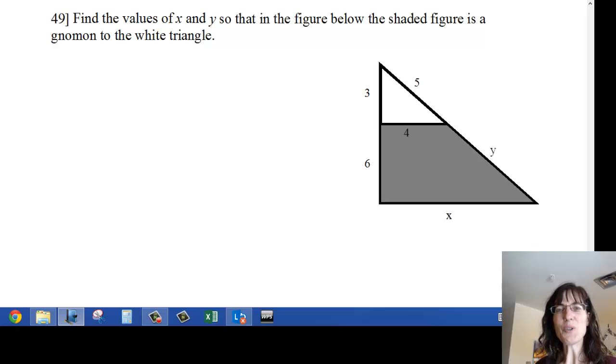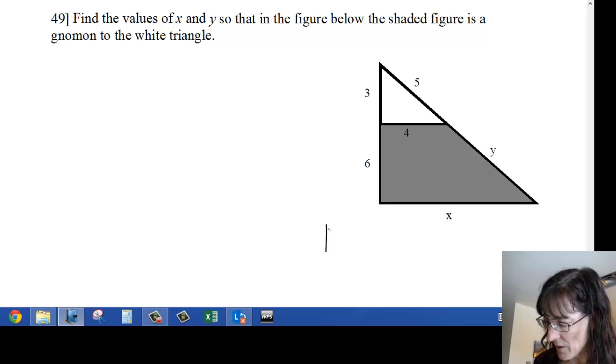Here's our last gnomon problem, and we want to find the values of x and y so that the figure below, the shaded figure, is a gnomon to the white triangle. So we've taken what looks like a trapezoid and smushed it up to the bottom of a triangle and made a bigger triangle, and we want to see how we can turn it and make sure it's a gnomon to the original, which means